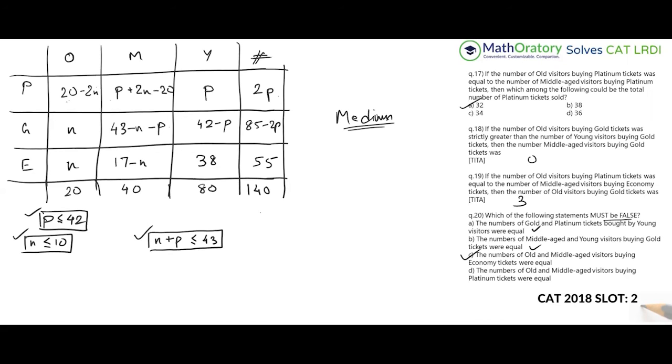Just think about this same idea that every region has to be non-negative. Typically, this happens for matrices, for Venn diagrams, and those kind of things, where they are talking about number of items or number of people. So everything has to be non-negative any which way, right? Have to be integral also. Keep that in mind. That idea is useful in certain sets, and mostly you'll find the non-negative thing helping you a lot. So I'll say it's a medium level difficulty. Depends on your comfortability, how good you are with numerical analysis. That should definitely come into account when you're solving this set. You should be good at numerical analysis.